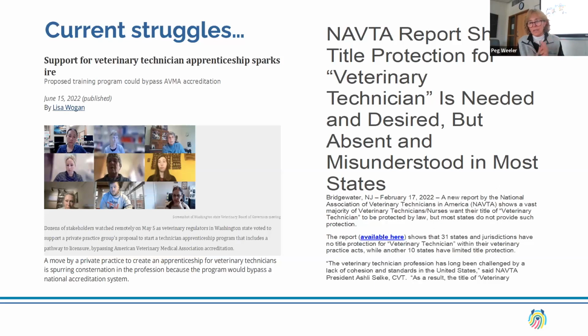When I look at this, it makes me think, I think it was 2019, there was a similar effort in the state of Maine. There was a conservative group that came to the state legislature and was looking to do away with a lot of professional licensing. If you Google that, it's a thing. There are efforts in a lot of states to do away with all kinds of professional licensing because groups believe that it is a barrier to getting into a profession. So in the state of Maine in particular, the hearings were about doing away with professional licensing for veterinary technicians,